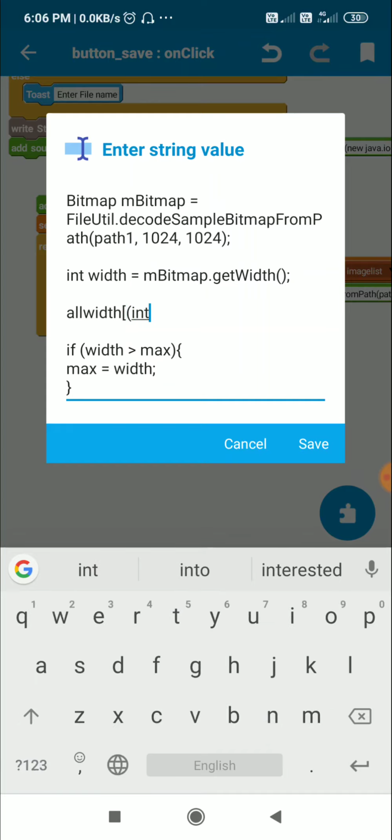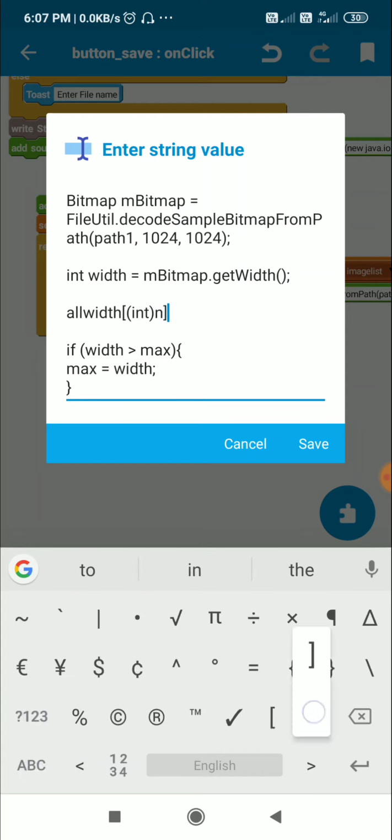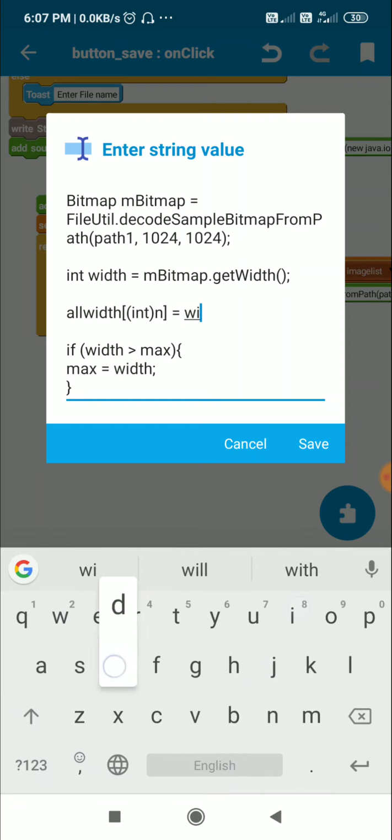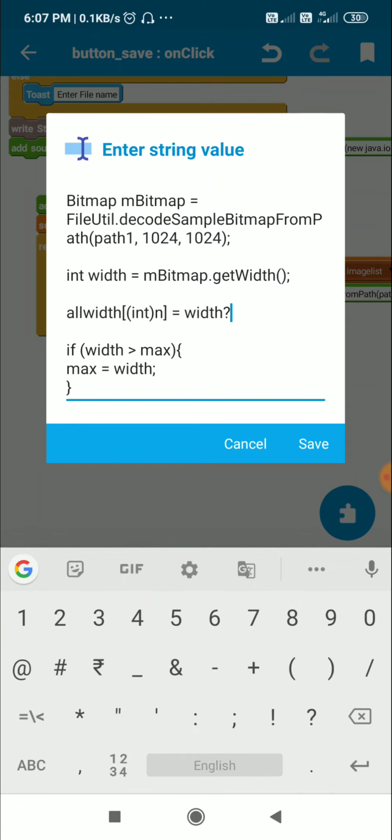So here we will set the position n, int n, all width int n will be equal to width. So initially n will be 0, so position n0 will be set to the width of image at 0, then position 1 will be set to width of image at 1, and likewise we will get an array of width of all the images.